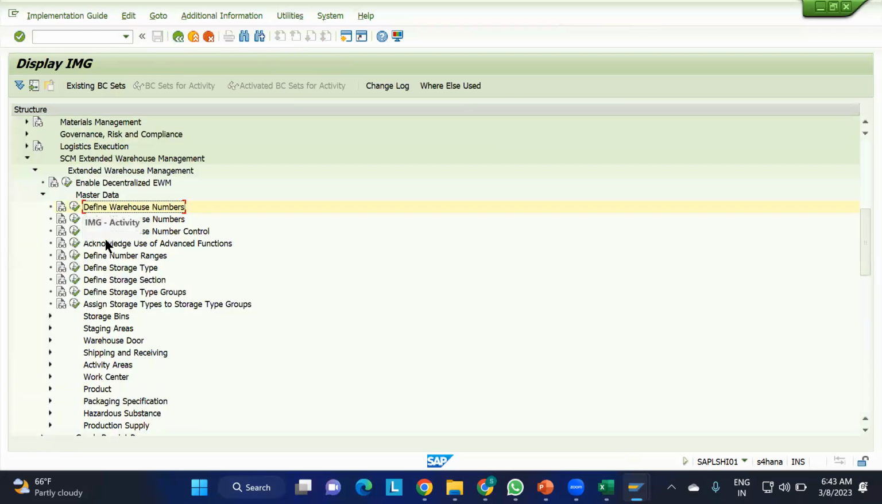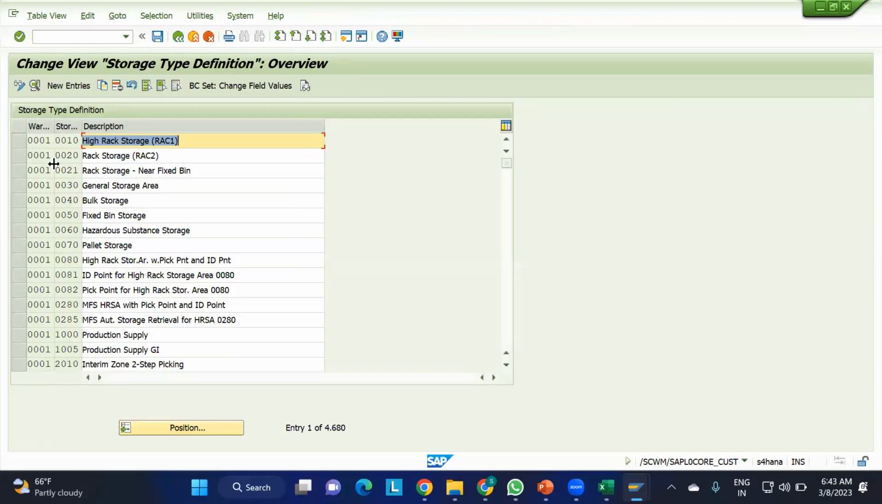Under this 0001, we get the different storage types. These are the standard names for the storage types. Just understand this. If this is 0010, then we take it as a high rack. High rack means